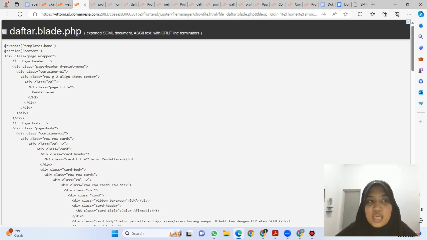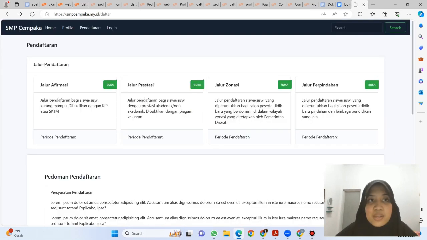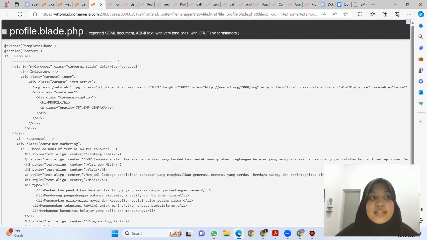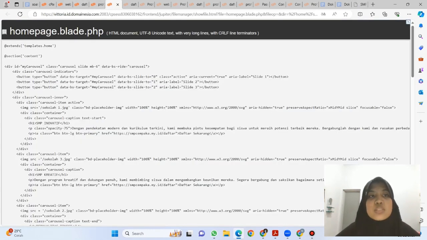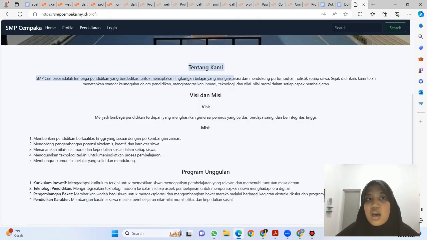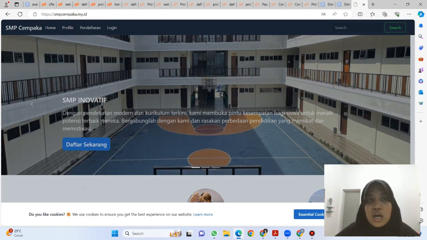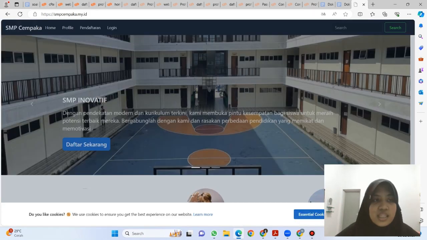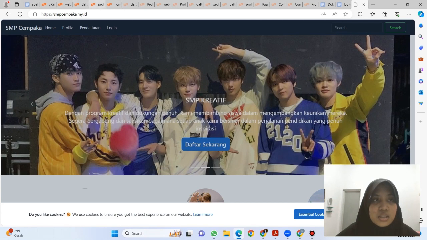The syntax is view in pendaftaran. Every content in profile we will write in profile.blade.php. And in homepage.blade.php, every content in home is written, such as the button of daftar sekarang.